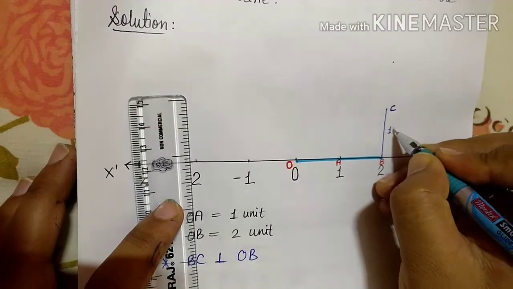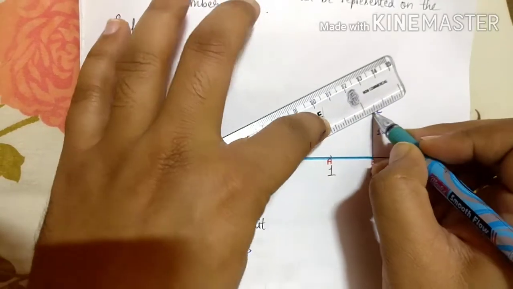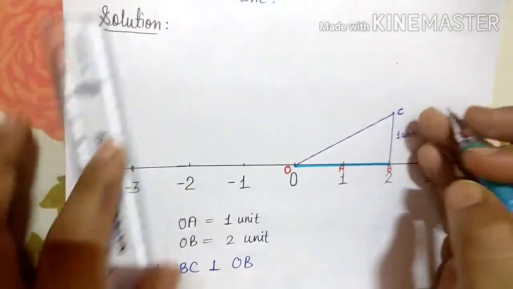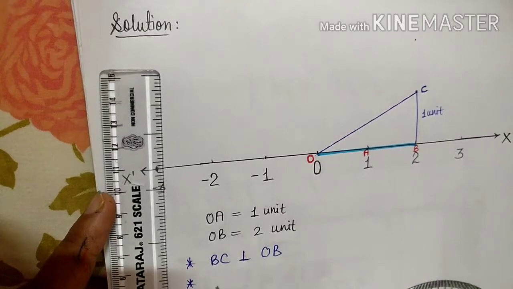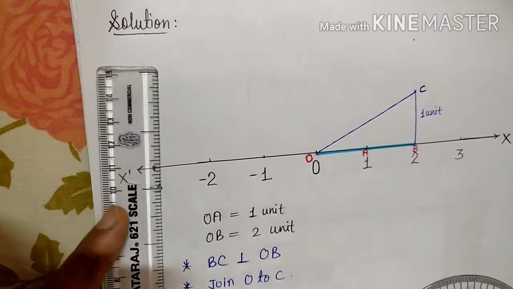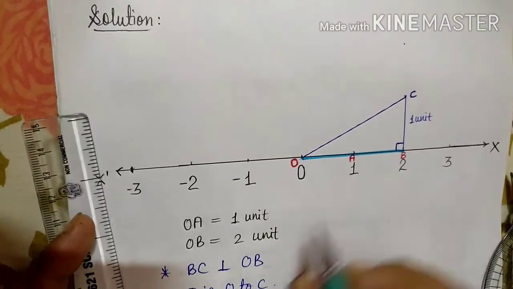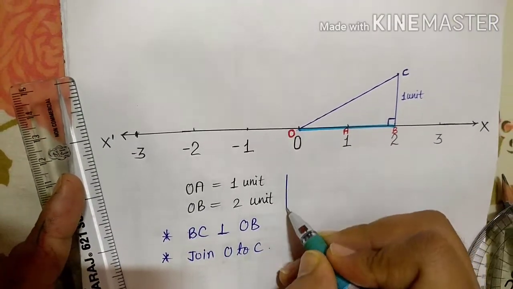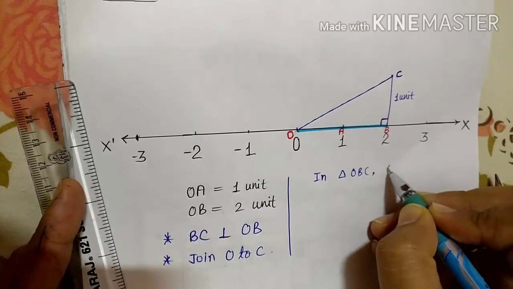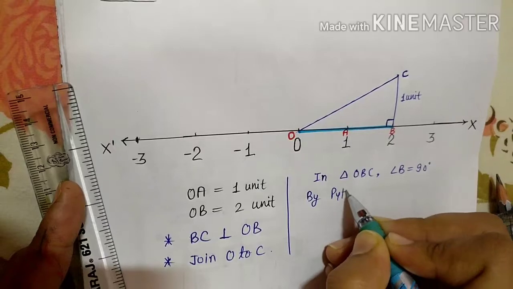This much is 1 unit. Now I am going to join this point to this, or you can take a full line also. OC. Now I have joined O to C. Now just check again what we get. At B, what are we getting? A 90-degree angle. So we can say in triangle OBC, angle B equals 90 degrees. So by using the Pythagoras theorem,